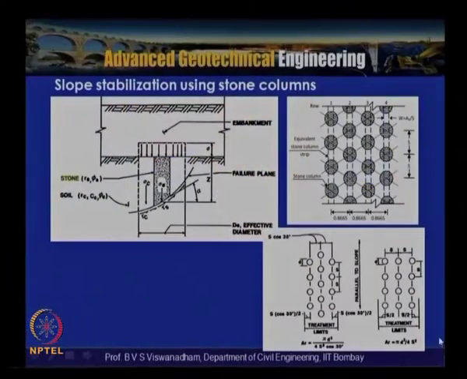So here, slope stabilization by using stone columns, once again the theory is shown. This is one of the patterns of arrangement, where the triangular pattern is arranged like this, and it can be seen that each granular pile or stone column contributes to a certain area. This is the diameter of the stone column to the influencing area, which is called the area ratio.